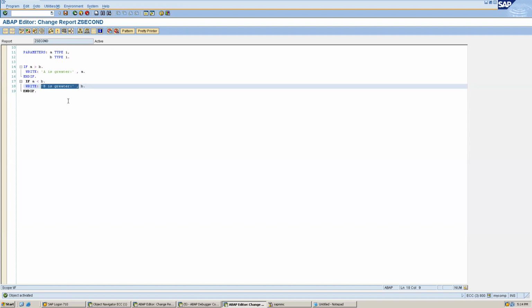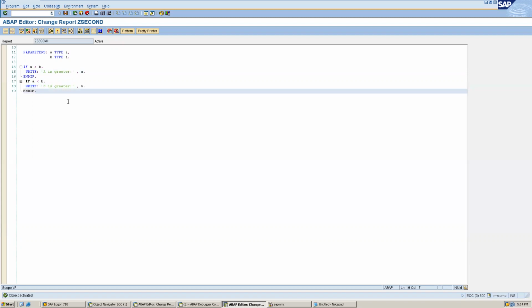No, no. What I am saying is, you have maintained two conditions: first, if A is greater than B, and second, A is less than B. So instead of maintaining these conditions, can we write a condition such that whatever the greater value is, it should get printed? So how can we write that?